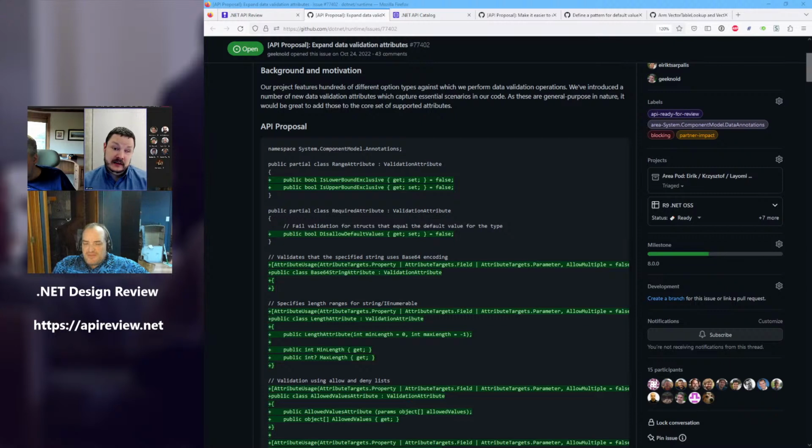Yes, and that allows every other validator to avoid having to implement also required logic. So it allows you to have optional fields that are validated against rules when they're specified. So kind of back to the, disallowing empty values here would be in the spirit of supporting that mechanism.